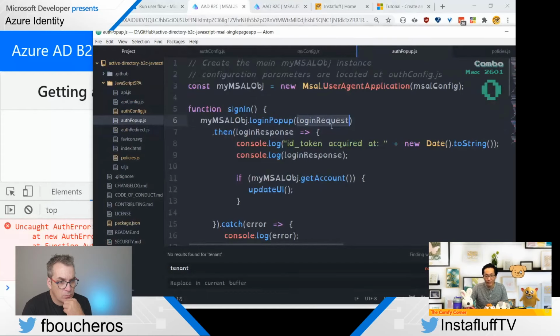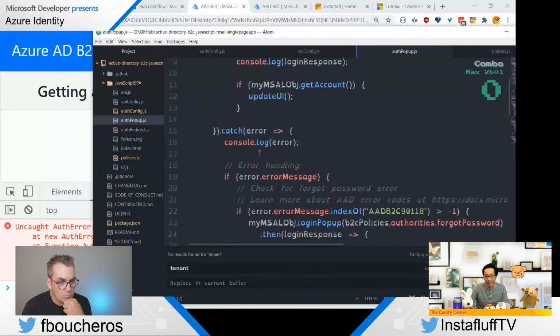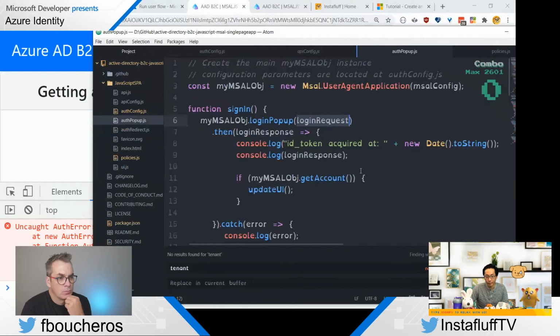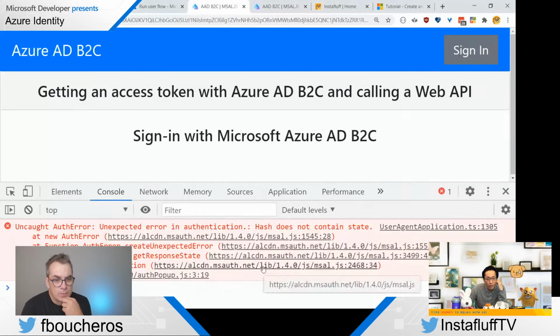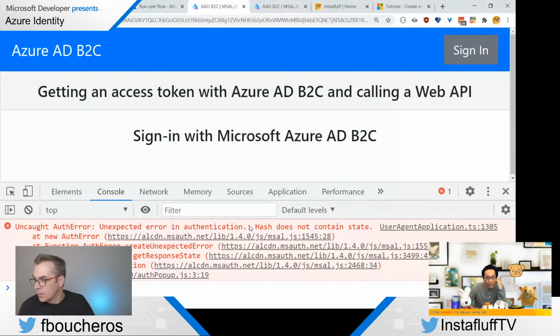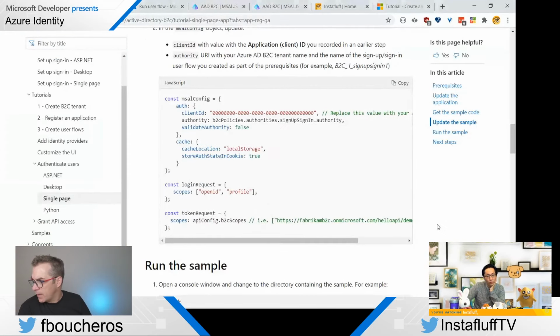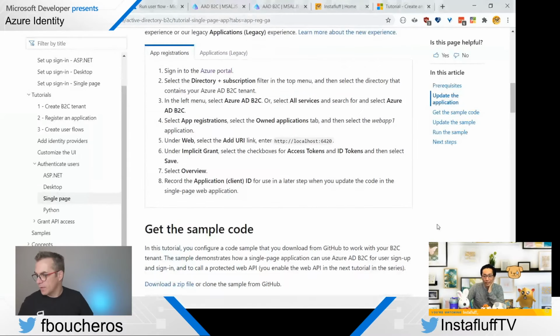Login request, get account, update UI, catch, next of. User agent MSAL config. Huh, I wonder what that means. But that's the thing, in the documentation, that's the object they want us to edit, right? The MSAL config.